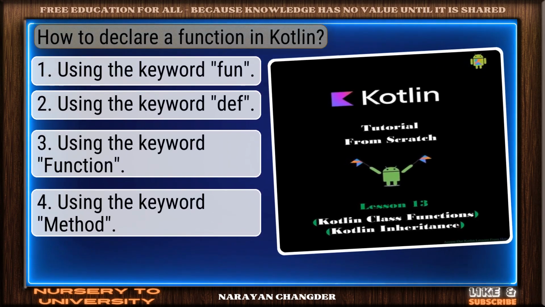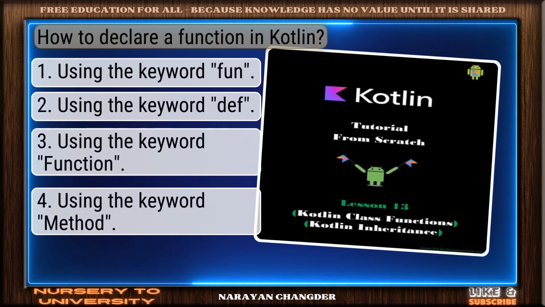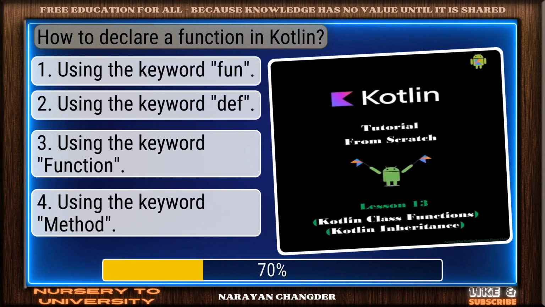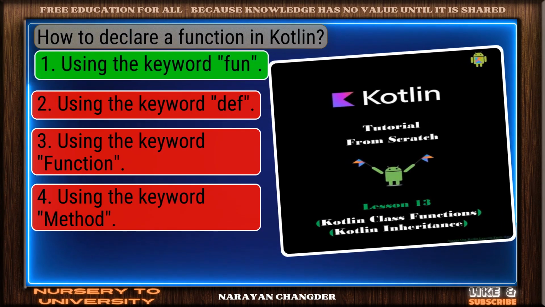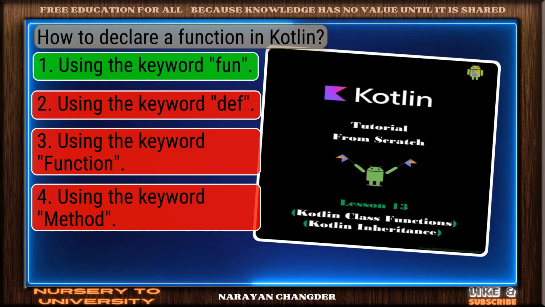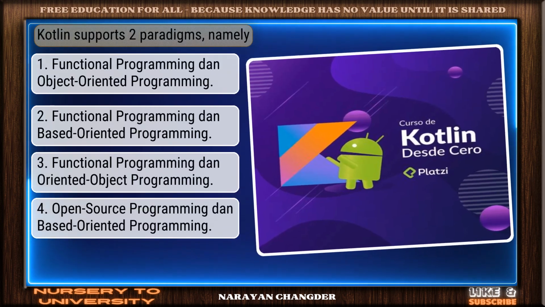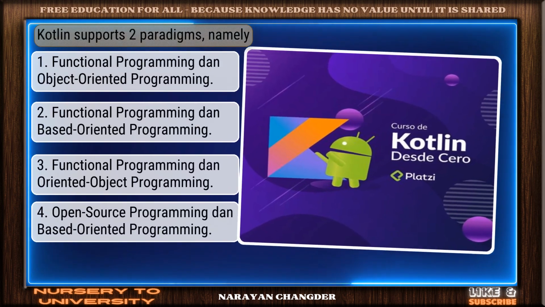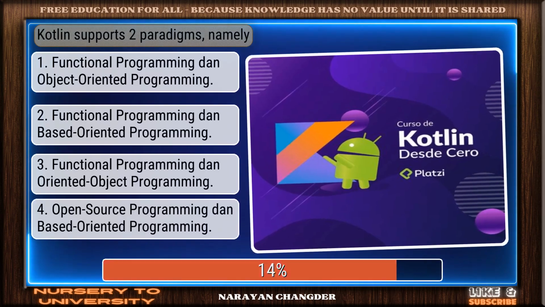Question number 73. How to declare a function in Kotlin? Smart move. Using the keyword fun is an accurate answer. Question number 74. Kotlin supports two paradigms, namely